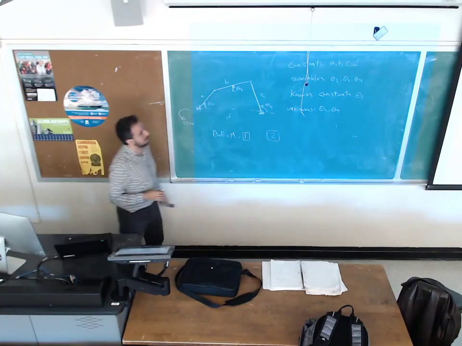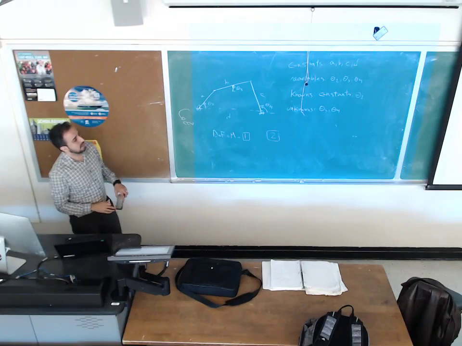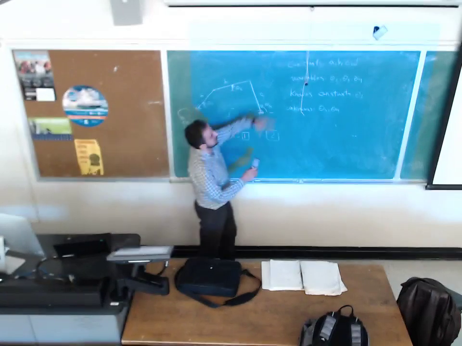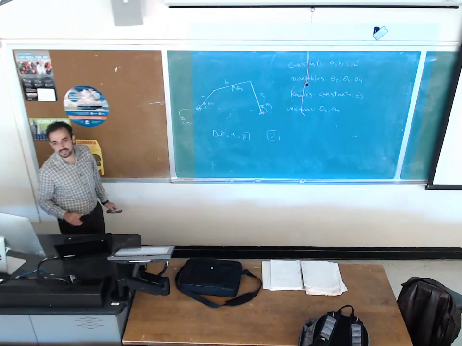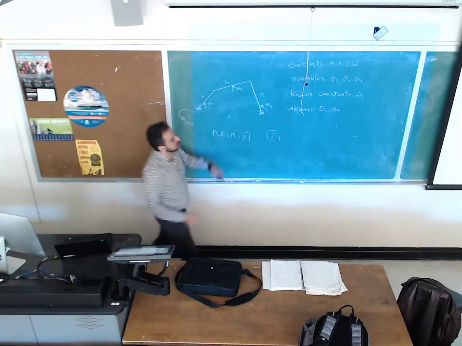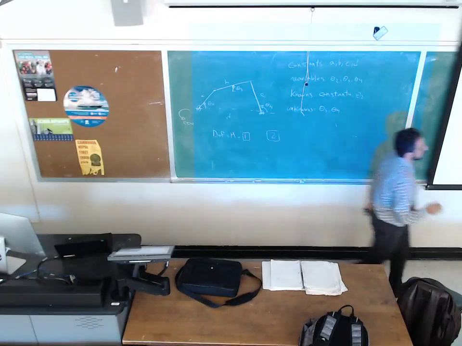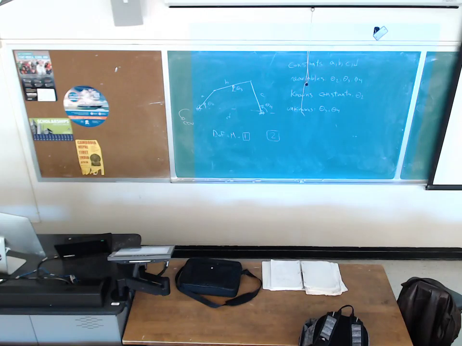So now I'm going to do displacement analysis based on the constants, variable known and unknowns for a 4-bar mechanism with a graphical approach. I will start with graphical, then we move to